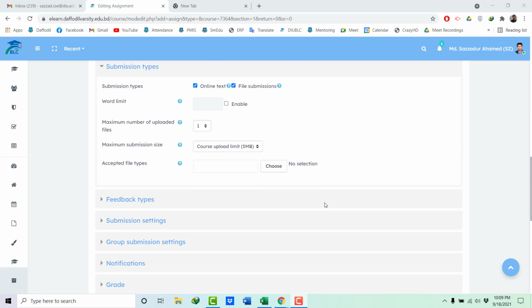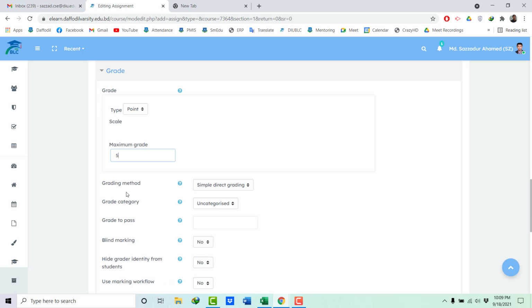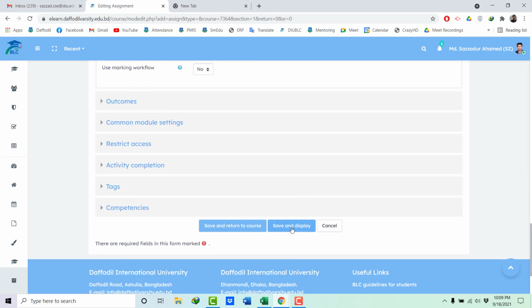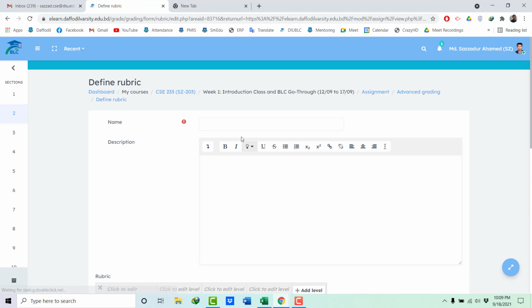So we just need to jump on to the grade level and put the maximum grade. I put 5, and then we have to choose the grading method. By default it is selected as the simple grading method, but we need to choose rubrics, and then click on save and display. Now it is asking us to define a new rubrics to grade student assessment. So we are going to click on define new rubrics, and then name it as